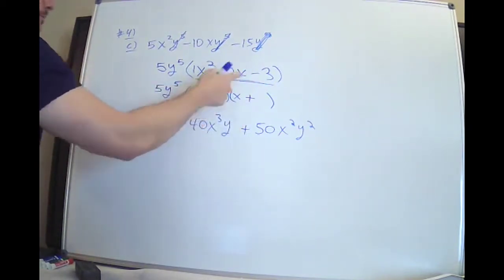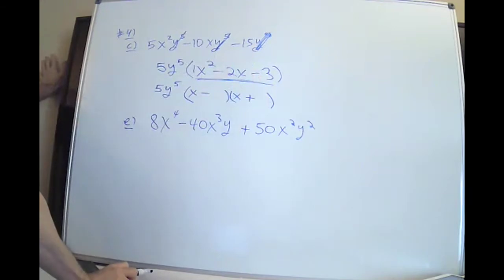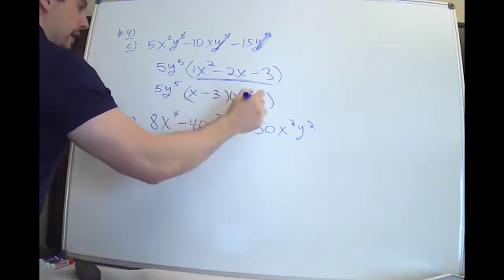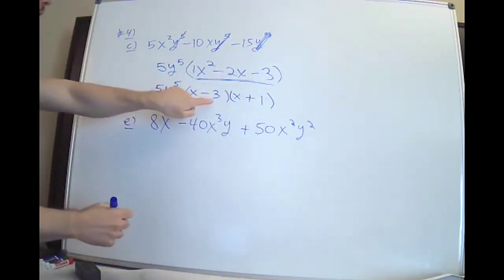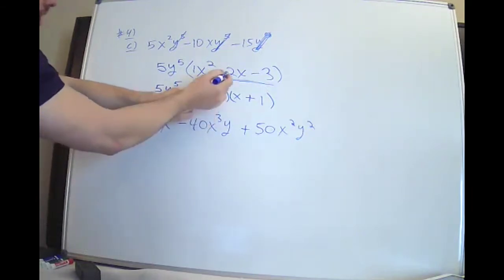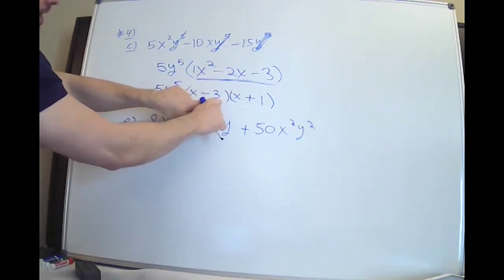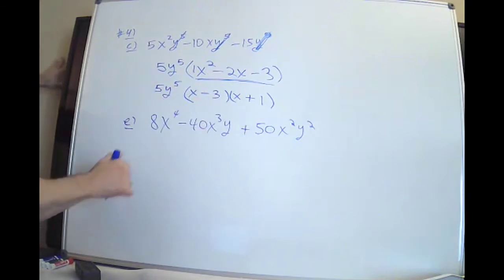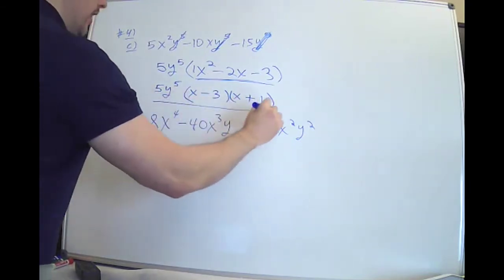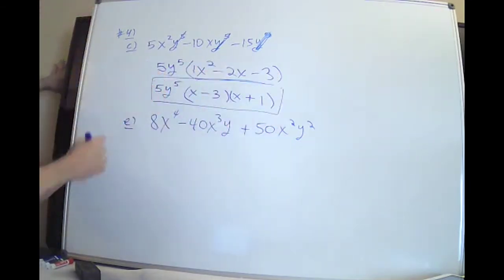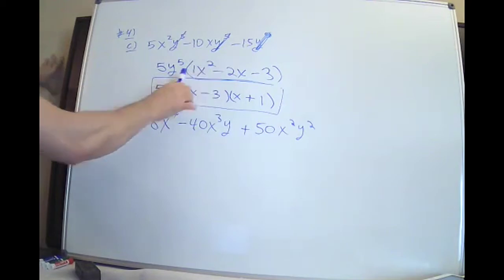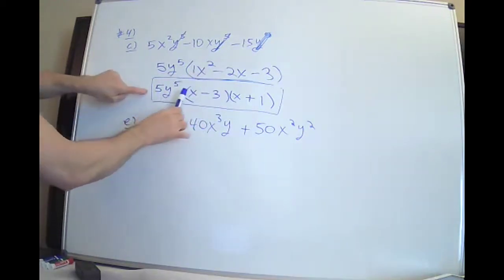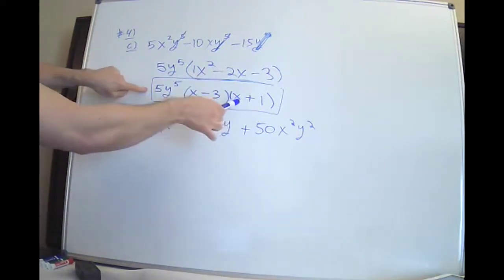Now I need a pair. There's only 2 numbers whose product is 3: 3 and 1. You have to put the 3 first, or you don't get the negative 2 in the middle. Negative 3 plus 1 is negative 2. So I know I have my signs right. This is your final answer. 2 steps: factor out the GCF and then keep going. This is worth 1, 2, 3 points because the answer has 3